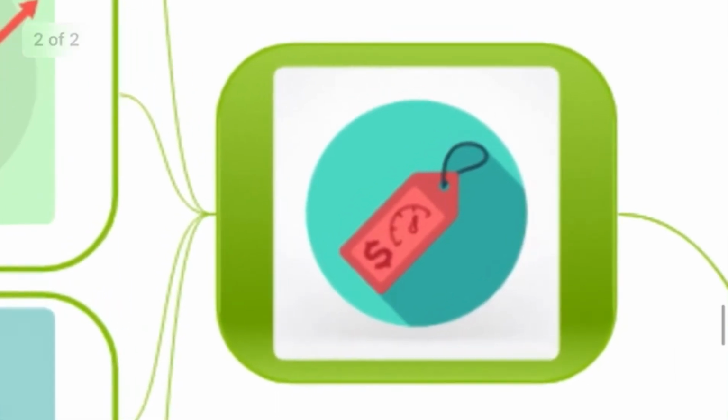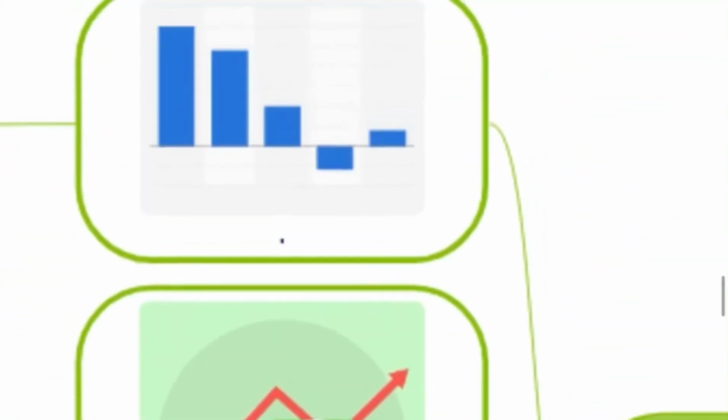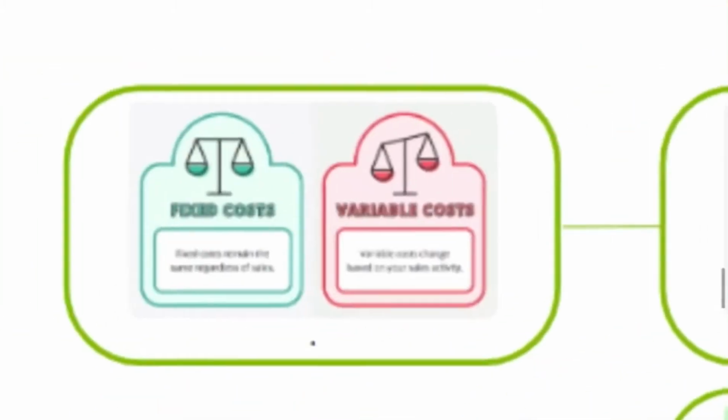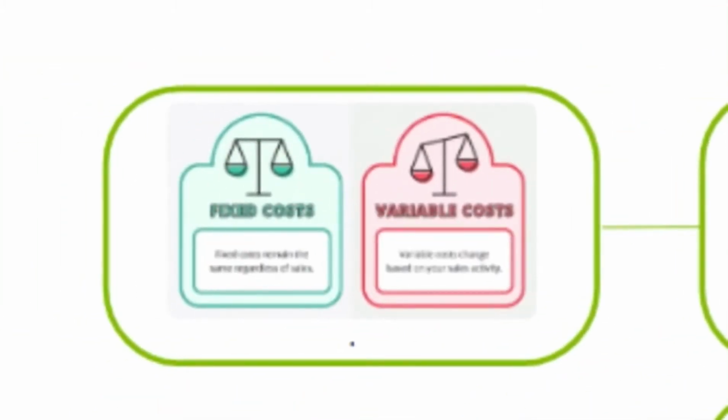The second one is the price. Determining the price of the product requires consideration of three key factors. The first of them is operating costs. Operating cost includes both fixed and variable costs. Fixed costs remain the same regardless of the sales, which involve building, insurance, and equipment. Variable costs include costs for wage, gas, electricity, cleaning, maintenance, repairing, etc.